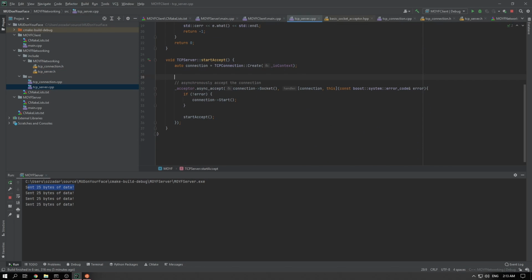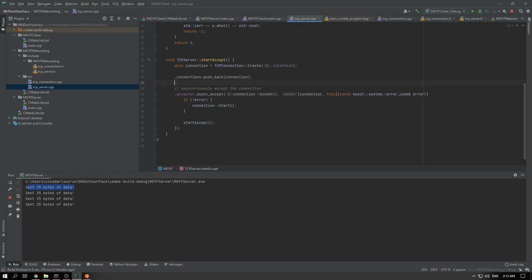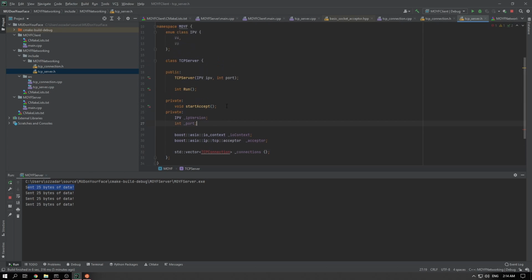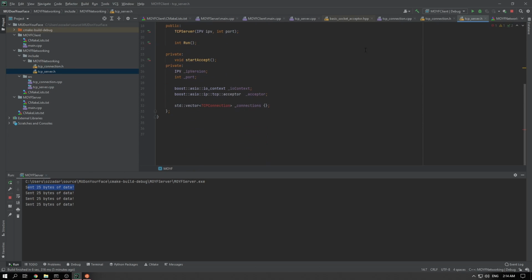Now what we will do is we'll say connections dot push_back connection, and then we will actually fix this here. This will fix itself. Now if we build this,